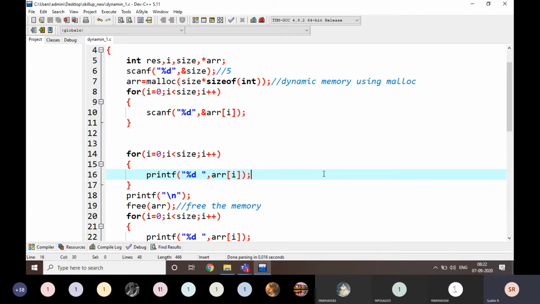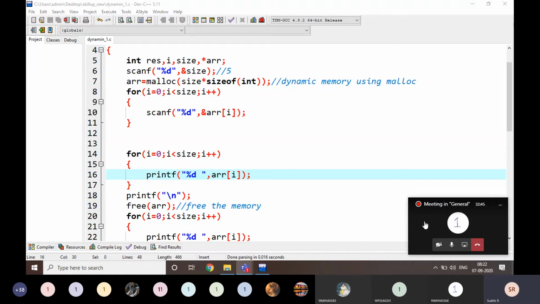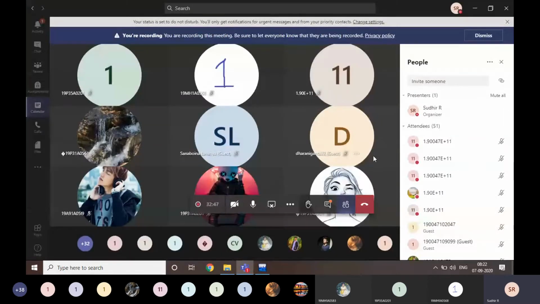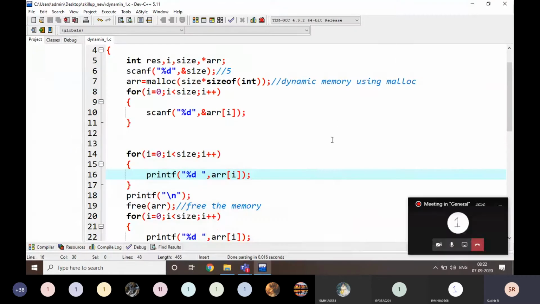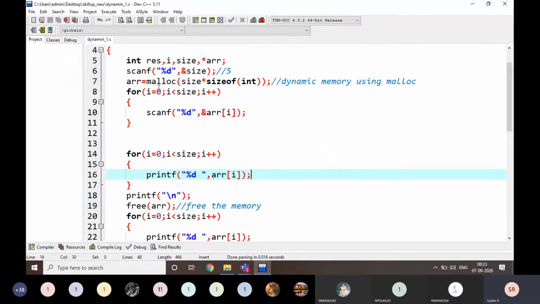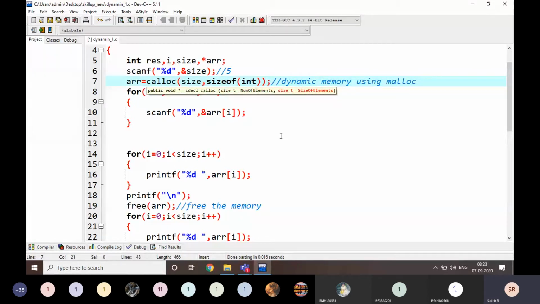Okay, students. Then we are moving into calloc. Very simple difference here. Instead of M, I am going to write C, and instead of star, a syntactical difference, I am going to write comma.